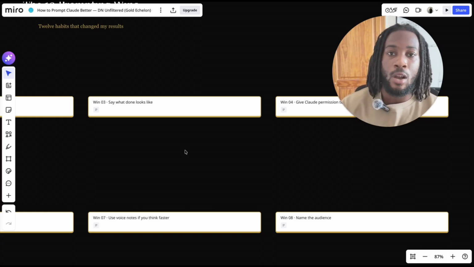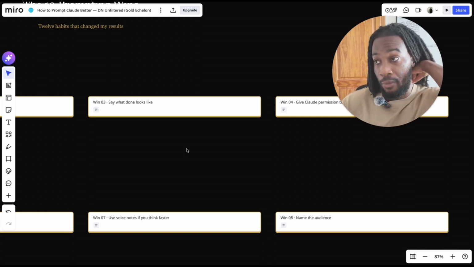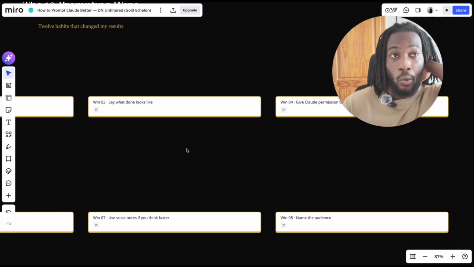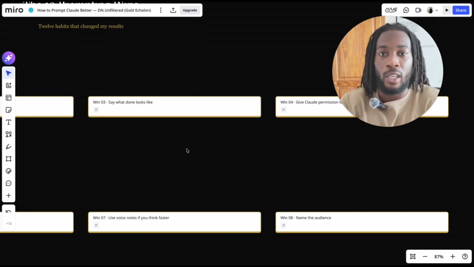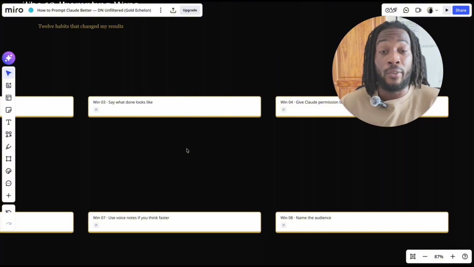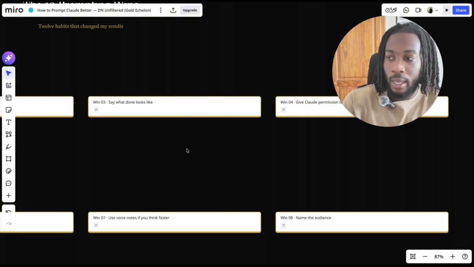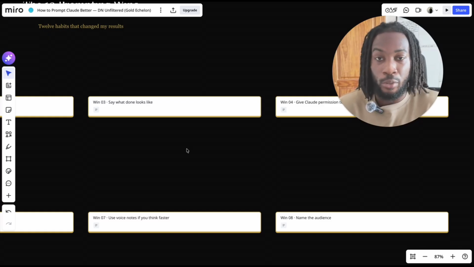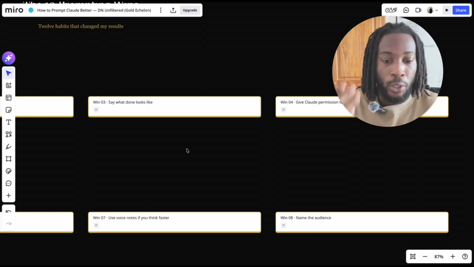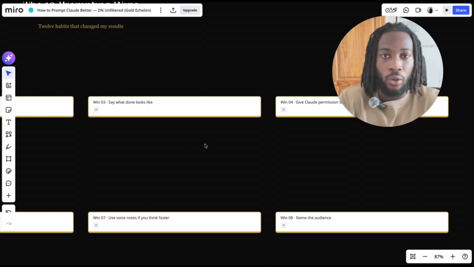So for example, when I come to create HTML files of, let's say I want to make a lead magnet, or I want to, for example, have just a spare website that I can upsell clients on, whatever it may be that I use HTML for, I would say this is exactly what I want it to look like. If I want it to be blue, make it blue. If I want it to be red, make it red. And ensure you include this, because if you don't, well then you're not going to get the output you want.